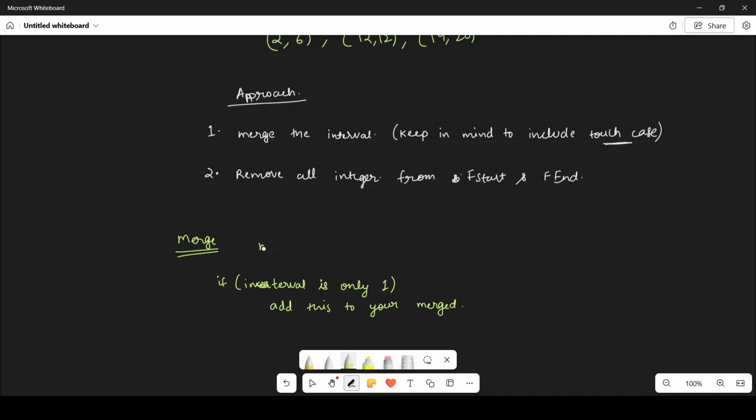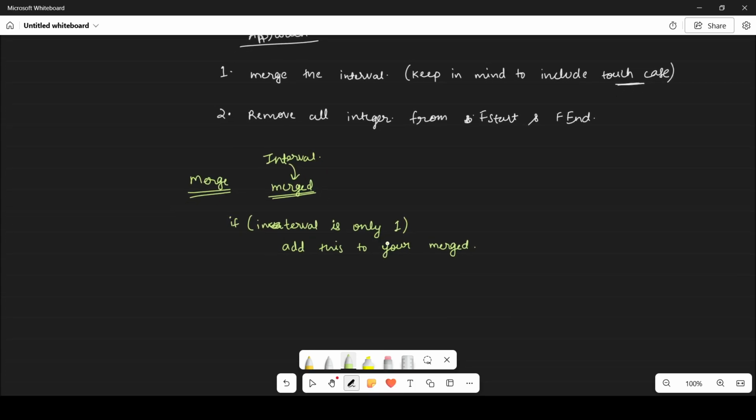What is merged? Merged is a new updated list which contains the merged intervals of the interval array. I hope you understand this. All non-overlapping intervals from this interval array will be stored into this merged list. So if the interval is only one, add this to your merged list. Otherwise,